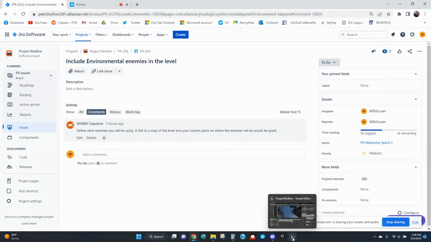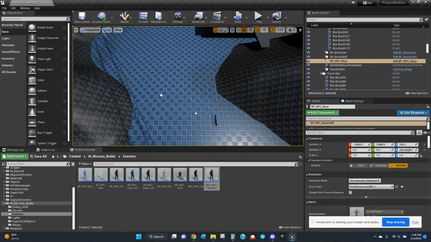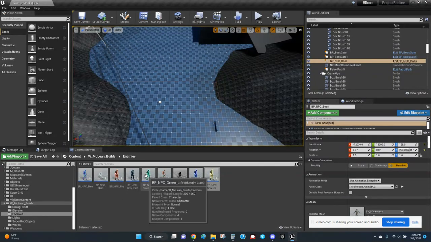So, on the actual build and on my level that I am creating, it is the swamp slash loading bay, which also acts as the in-game location for our project. I do plan on adding a few environmental enemies here. The environmental enemies are fire, green for health,